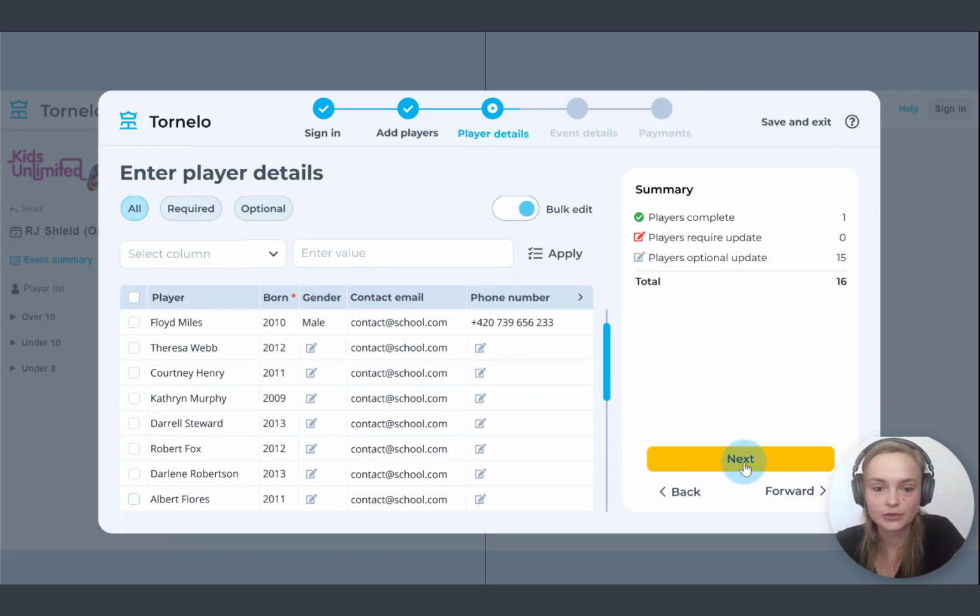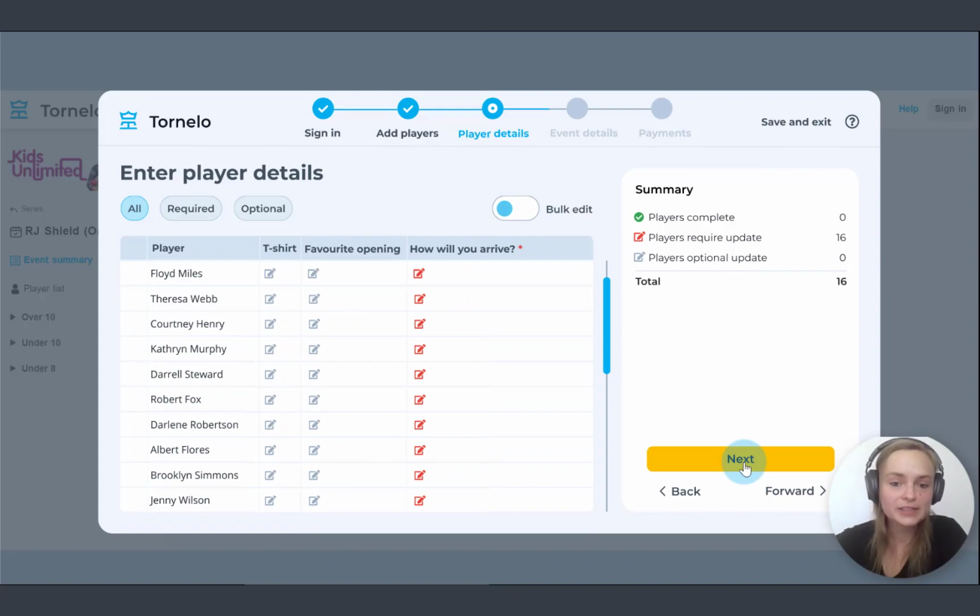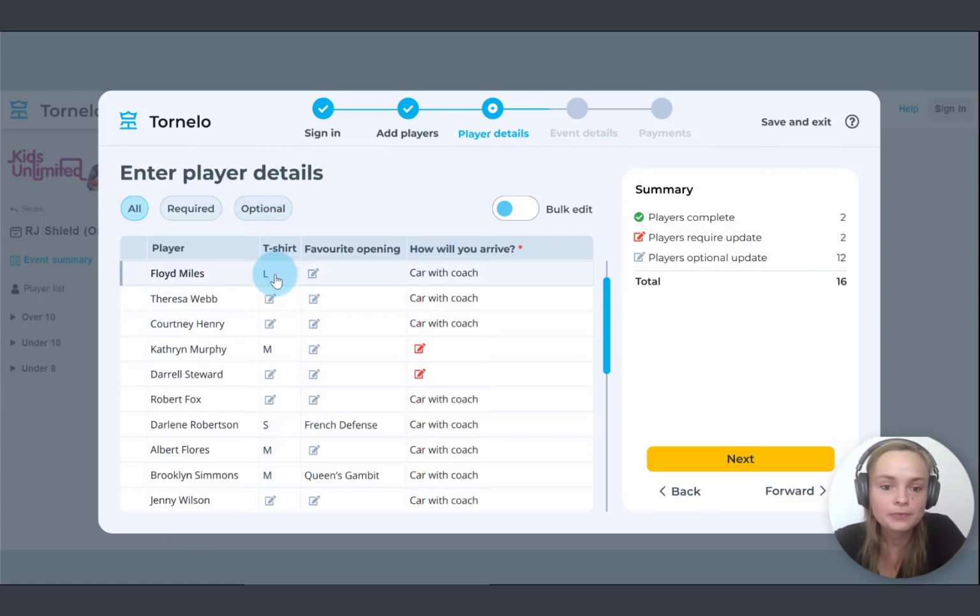So on this screen, we see questions which were created by the organizer. Some of them are mandatory and some of them are not. So again, we can fill in all this information. And again, to make our job a little bit easier, we can take a look at these filters. So as you've probably guessed, these filters can help us see